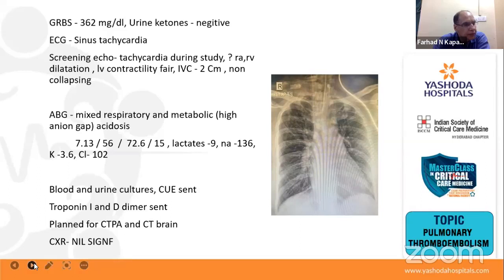Is there any better way to decide whether a person needs to be intubated or not, other than the GCS? Anyone can answer. ABG is also supportive evidence to intubate. It can decide whether to intubate or not. But we're talking of an unconscious patient. So one so-called indication is a GCS. Aspiration. Is there anything which is more relevant, more specific? I can see some raised hands, but I don't know how to access you.